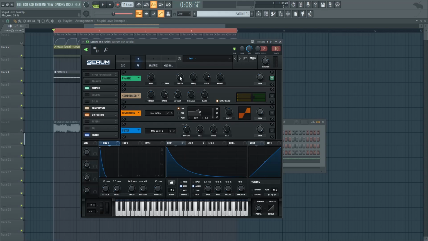The depth is below 50%, and I suggest that you just mess with the frequency knob until you find something that sounds right to you. And that is pretty much it for it. It just adds some additional movement to our bass. Then we're adding a compressor, which is on multiband mode, which is just like the OTT plugin. So already we're getting a really powerful sound thanks to that compressor.